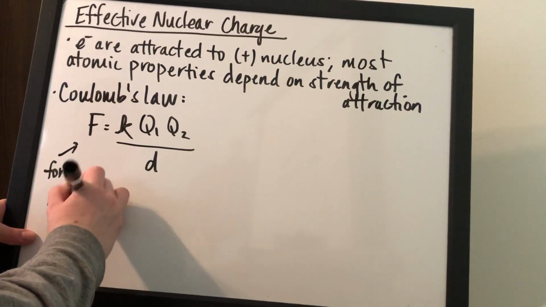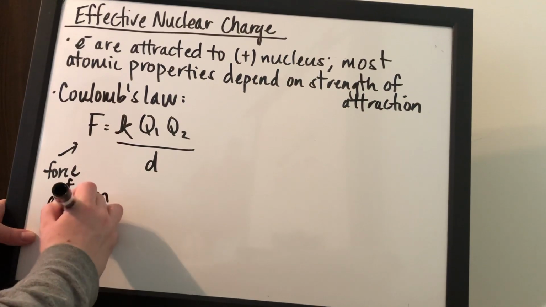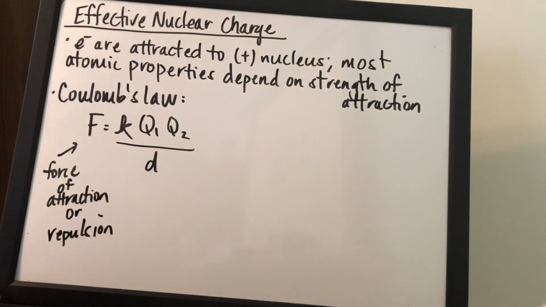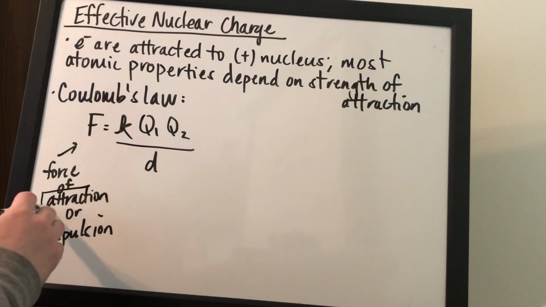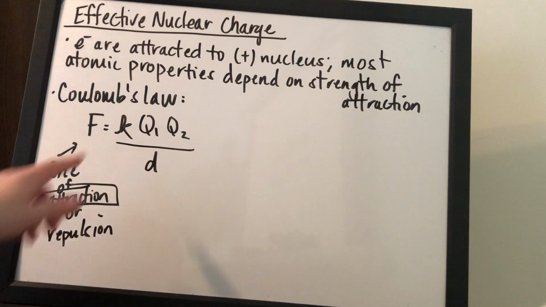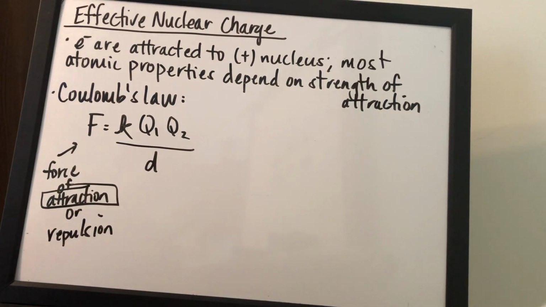In this case, though, we're going to be talking about attraction and not so much repulsion. Of course, a repulsion would exist between two particles of the same charge, and attraction would be two particles of opposite charges. So this law works for both situations, but we're going to be talking about it from an attraction standpoint. Coulomb's law says that the force of attraction between two particles is equal to some constant k, which we're really not concerned with at this point,